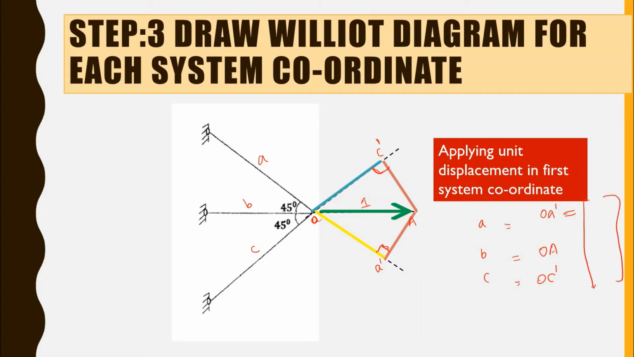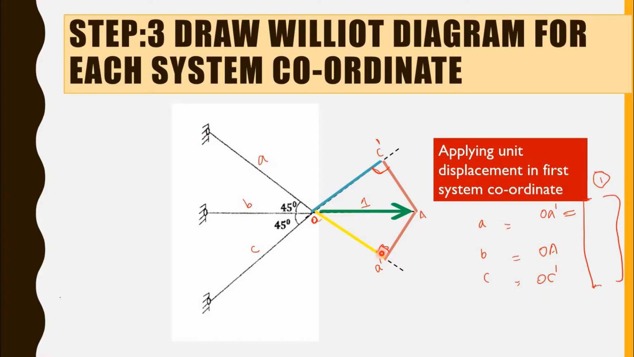So these lengths will be taken as the elements of the displacement transformation matrix. For the first system coordinate, when I apply unit displacement in the direction of the first system coordinate, what are the distances measured along the extended members of each truss member when we draw a perpendicular from the point A? Here we have OA dash, which is